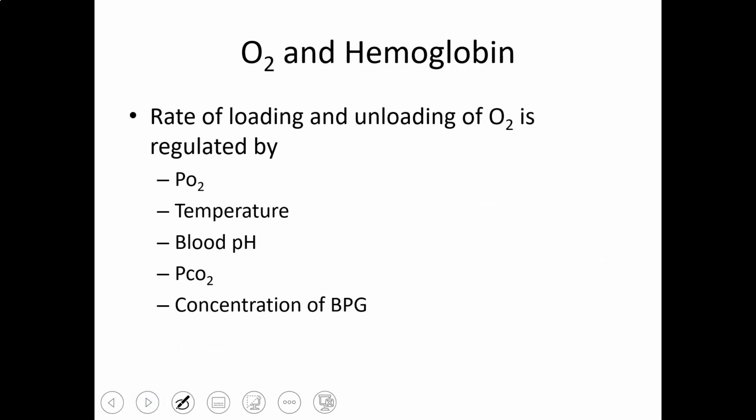How quickly this happens and how quickly it's unloaded is